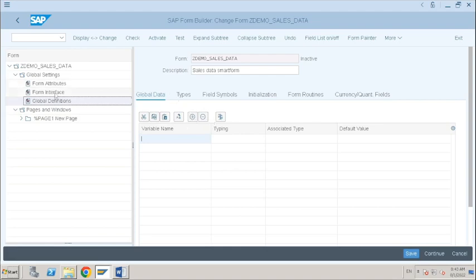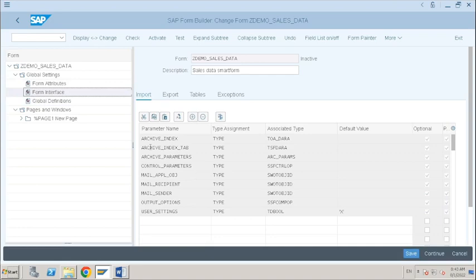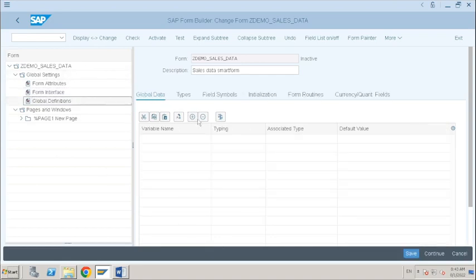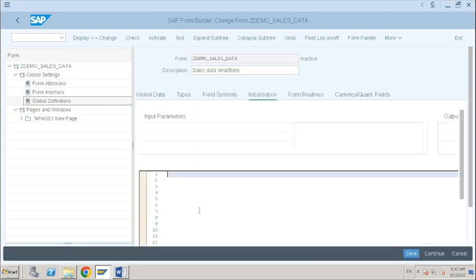What are the objects that we can access in the driver program? Function module interface, this form interface objects. Okay, but these global definitions are local to the smart form. These are used to write our own source code. In initialization, we can write our source code. Okay, so our own select statements if required, but it is not recommended to include all the business logic in the smart form. We should always write our business logic in the program and pass it through the function module interface. Okay,